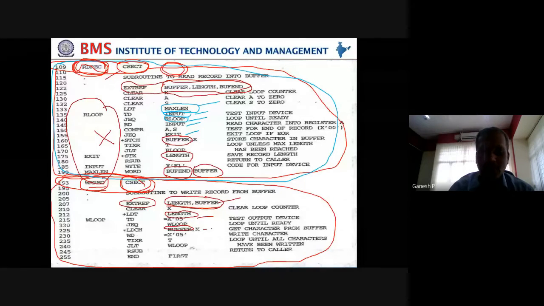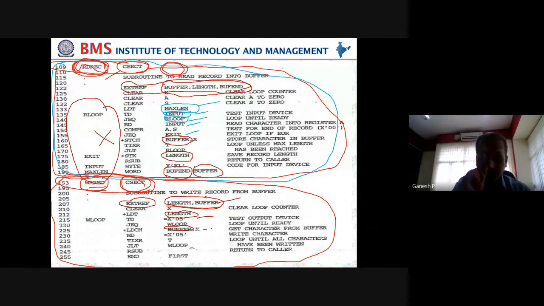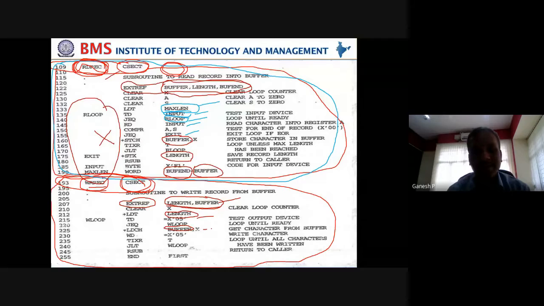Now let us see how we are going to assemble this, because writing is fine, but how is the system going to understand? Now let me know, since we have independent control sections here, how do you expect pass one to progress? How is pass one going to tackle this?